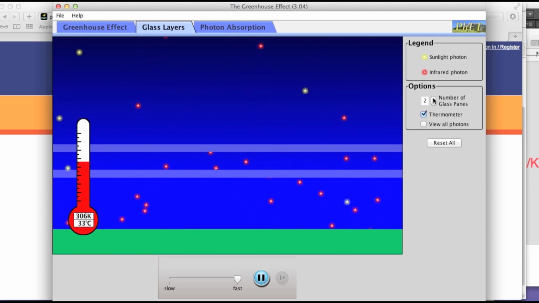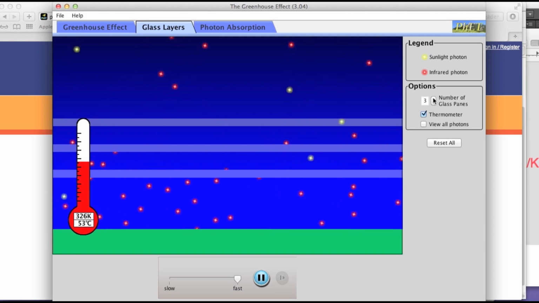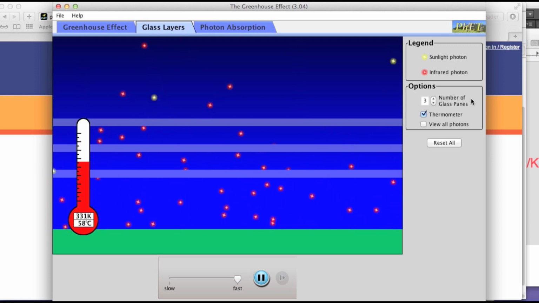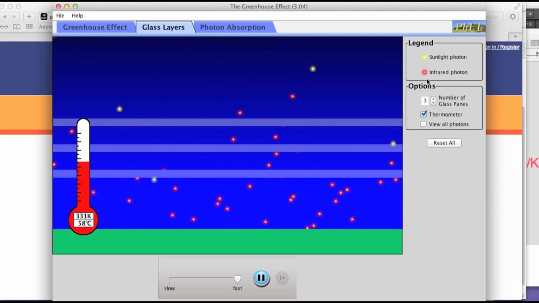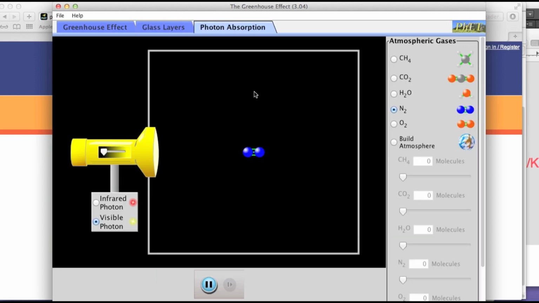So a second equal pane of glass is not equal in its absorptive ability as you put one stacked on top of another. You do get the temperature increase with each one, but not quite as much. Now this is an analogy for our greenhouse effect. If we go over to look at it on a molecular level, we can see they've given us a gun here